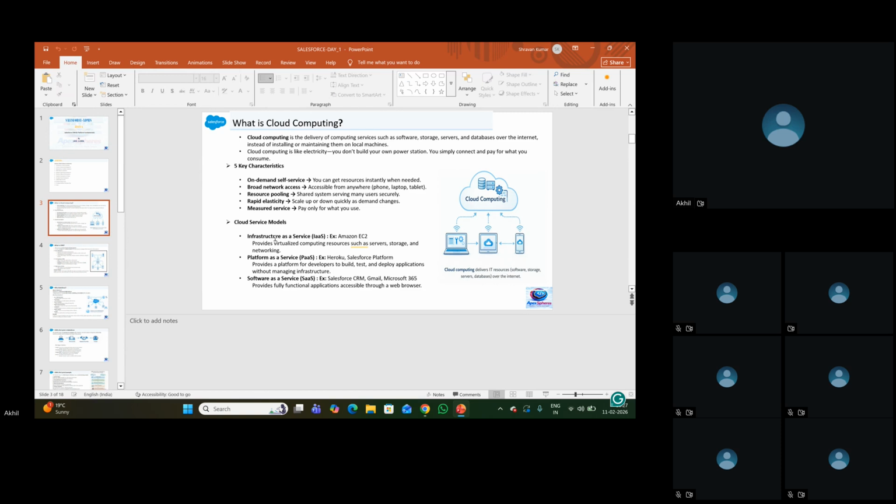And infrastructure is something like a server. Whatever application we build is automatically stored in the Salesforce servers. We don't need to go for third party servers, and we don't need to install any third party servers. We access a few applications like Gmail, and they are located in third party servers, not their own servers. But when it comes to Salesforce, Salesforce has its own server, which is called infrastructure as a service.